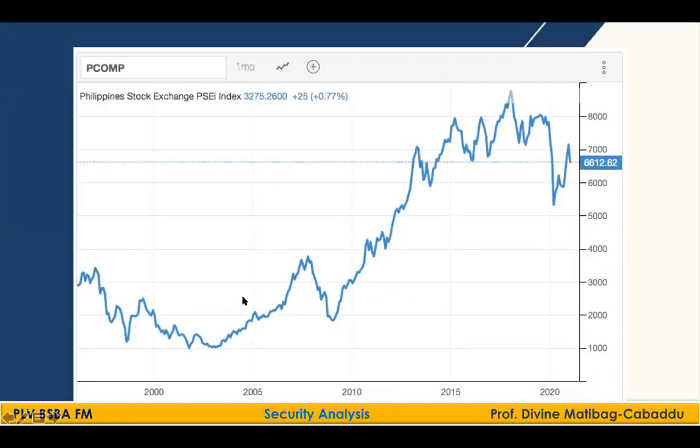Okay, but if you look at the 10-year performance of our PSEI, what can you see? Although we have experienced a decline in our stock exchange index, you would see here that this is not the lowest so far. This is not the worst so far, right? So there are years like, for example, 2009, brought about by the US financial crisis, the Asian financial crisis. So the prices of stocks go up and down, but over the long run, what have you noticed? Still, the trend is going up.